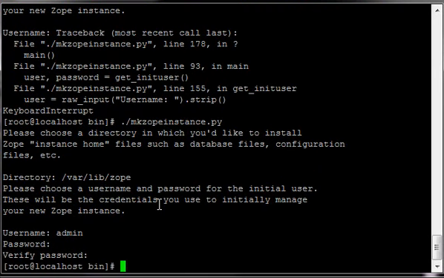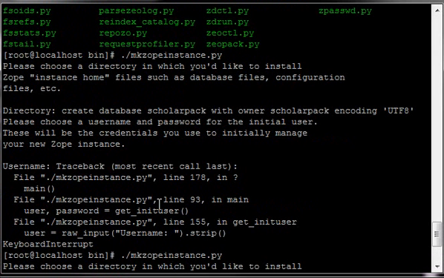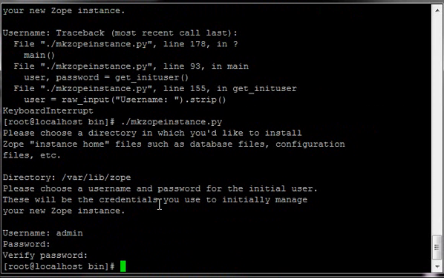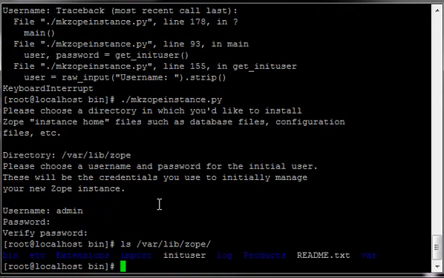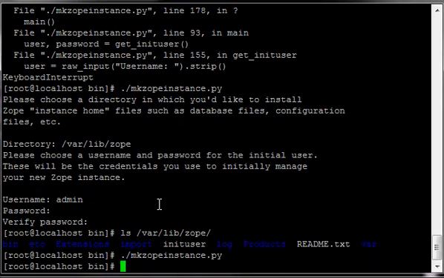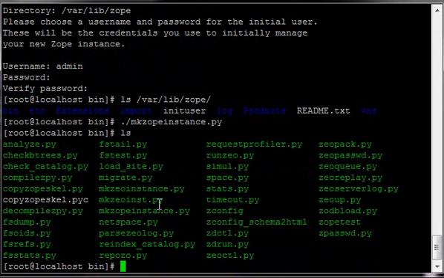Verify password admin. ls var lib. Well, you know, it seems to have worked alright. Kind of made it up as we went along, but so now we jump